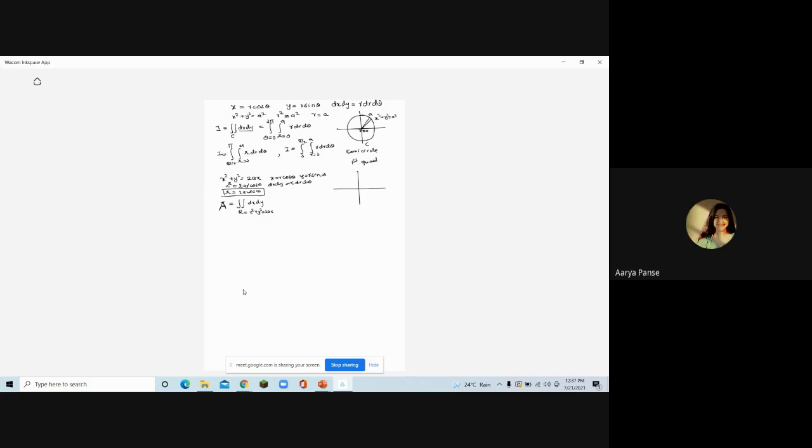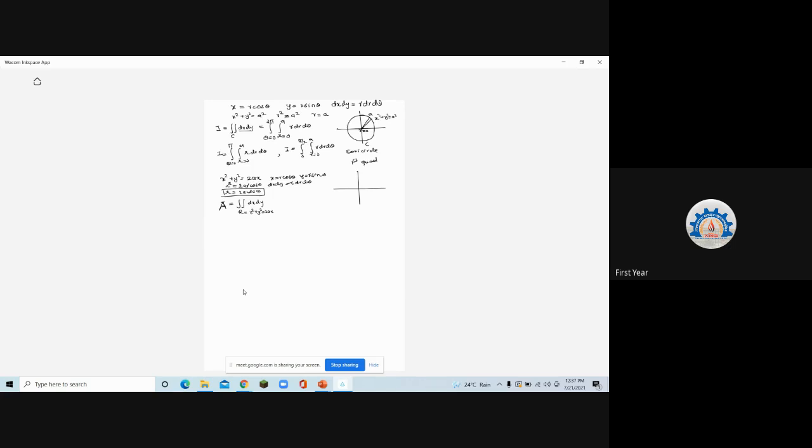Yes, ma'am. So how will you draw this circle? Drawing in polar form, you can use that r is cos theta. The curve will be symmetric about the initial line, because cos of minus theta is cos theta. If you replace r with minus r and theta with minus theta, it changes. So it is not symmetric about the y-axis, nor about the origin, only symmetric about the x-axis.